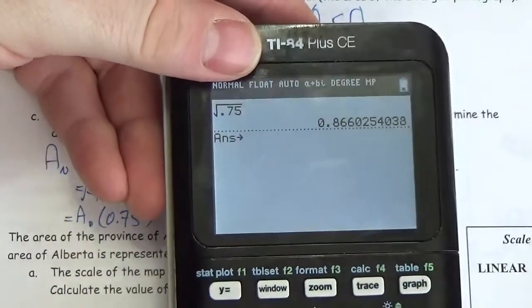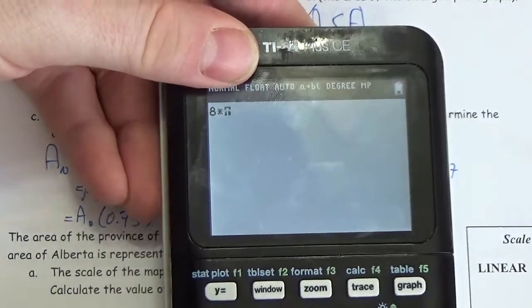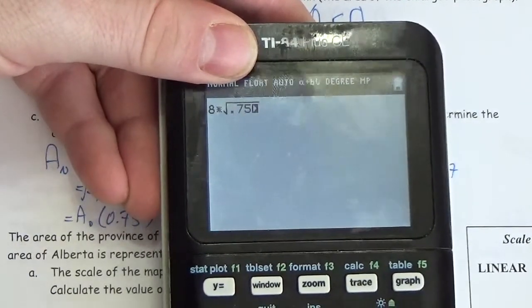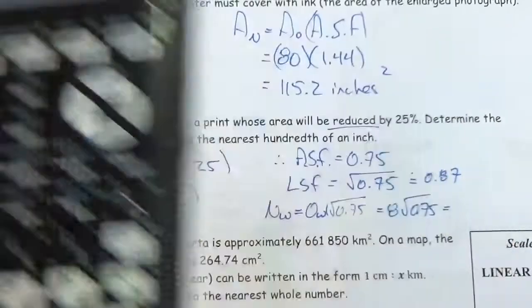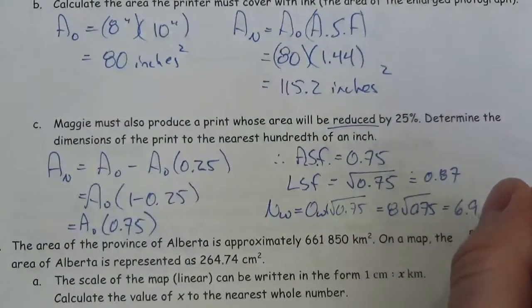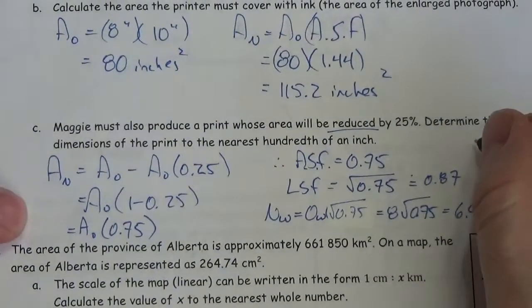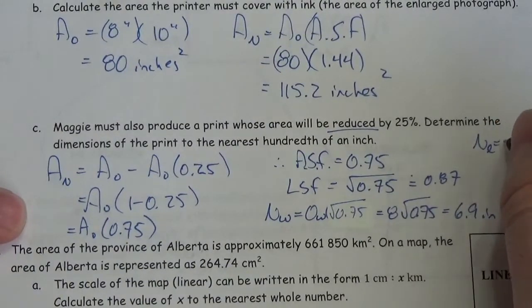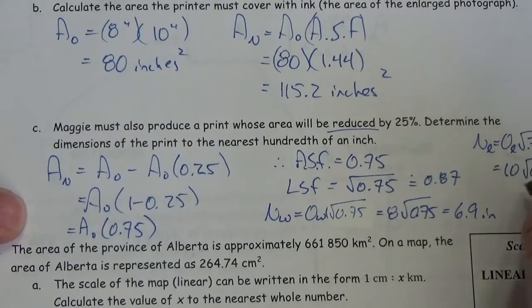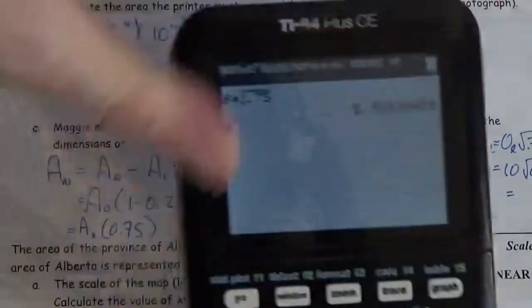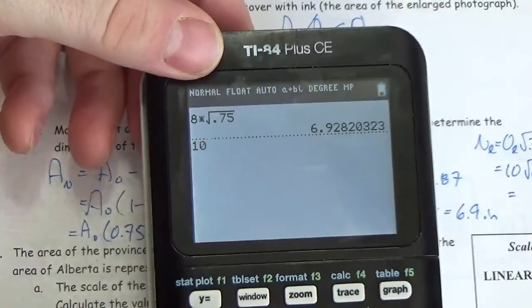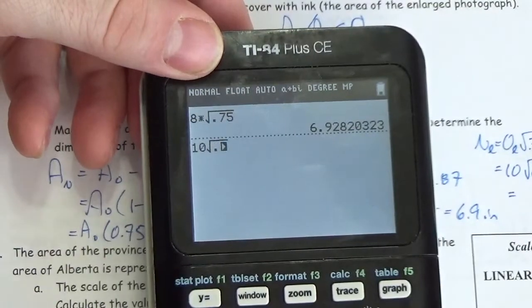Okay, so, let's clear that out here. 8 multiplied by the square root of 0.75, 6.9. 6.9 inches. The new length is going to be the old length multiplied by the square root of 0.75. So that will be 10 multiplied by the square root of 0.75. And we just pull out the calculator and we do that again. 10 times the square root of 0.75,